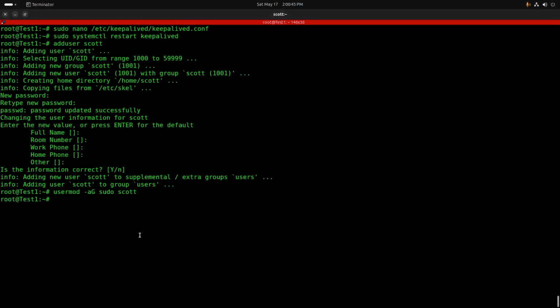And then I will go ahead and do a usermod -aG sudo Scott, putting Scott into the sudo group. Now I'm going to go ahead and exit out of the test1 container. And now I will go ahead and SSH over to, or Incus shell over to test2. And likewise on test2, I'm going to go ahead and do an apt update && apt upgrade